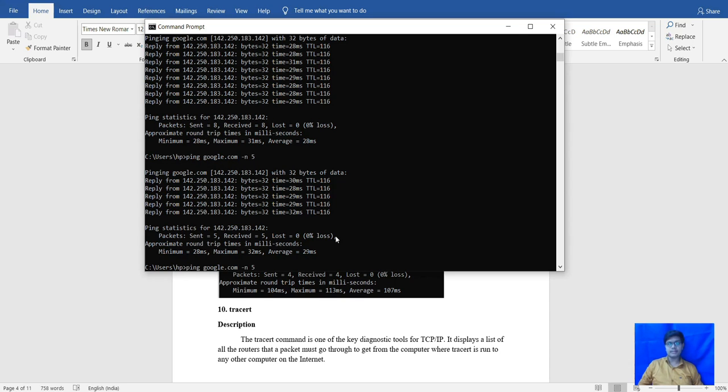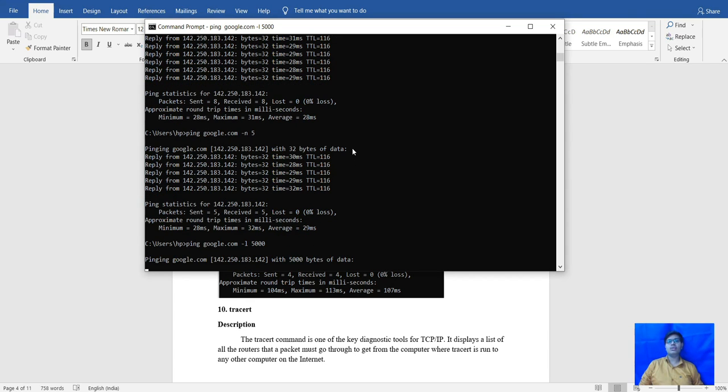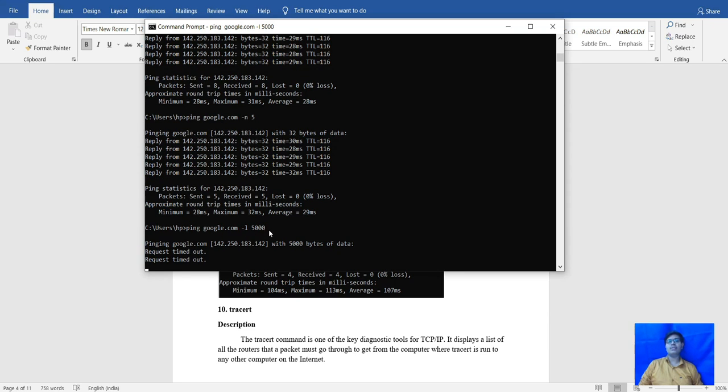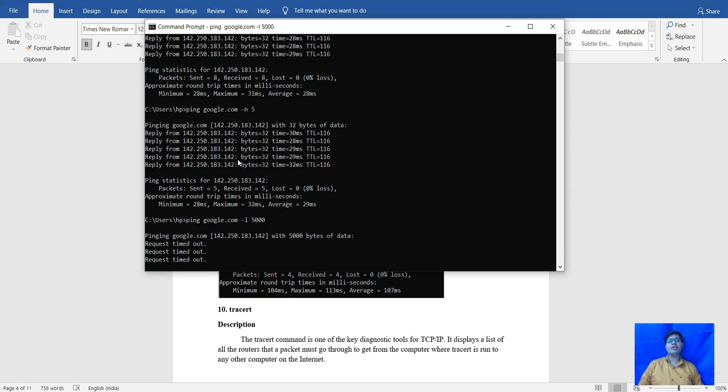Let's check the -l command. If I specify 5,000, it will go to the server and check whether the packets are sent or not. If the packets are too large,